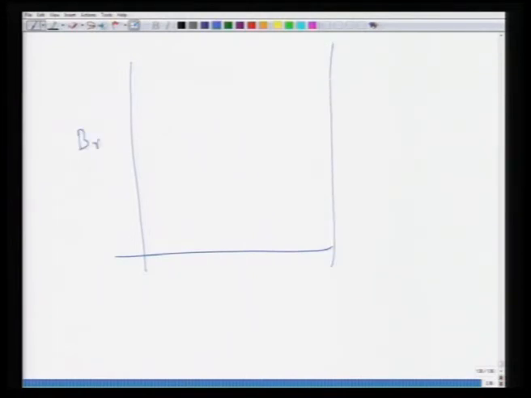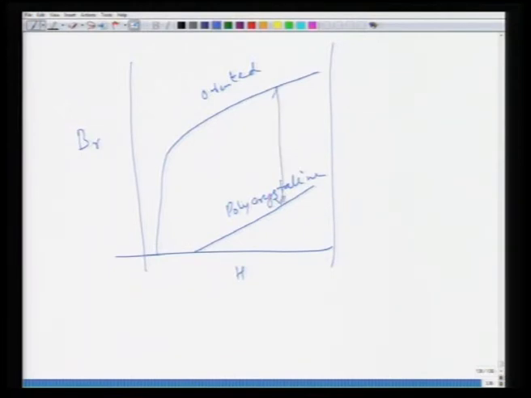So for instance, if you plot the magnetic induction BR versus H, for a polycrystalline material the behavior would be something like this, and for oriented barium hexaferrite it would be like this, and this would be at least 2 or 3 times change in the properties. And then of course, another parameter is coercivity,